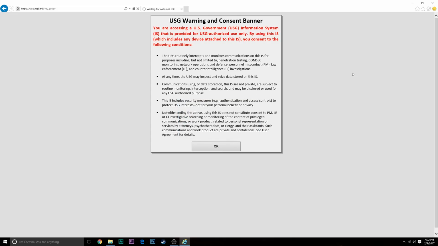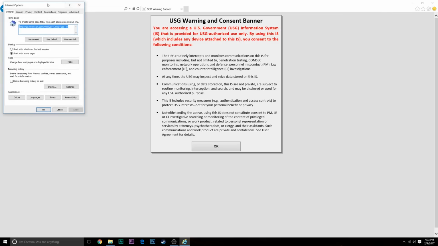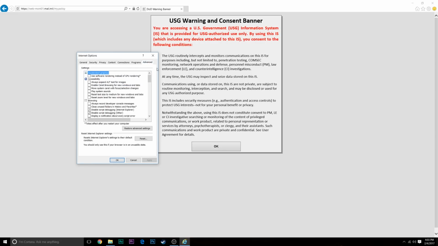You'll get prompted to click this link, and then you'll go ahead and log in again. We know that I can log in already, so I'm not going to go ahead and do that. Now, at this point, you should be able to log in. If you still get the page cannot be displayed error with the Smart Card Manager installed, you're going to need to go ahead and go to the Advanced tab,